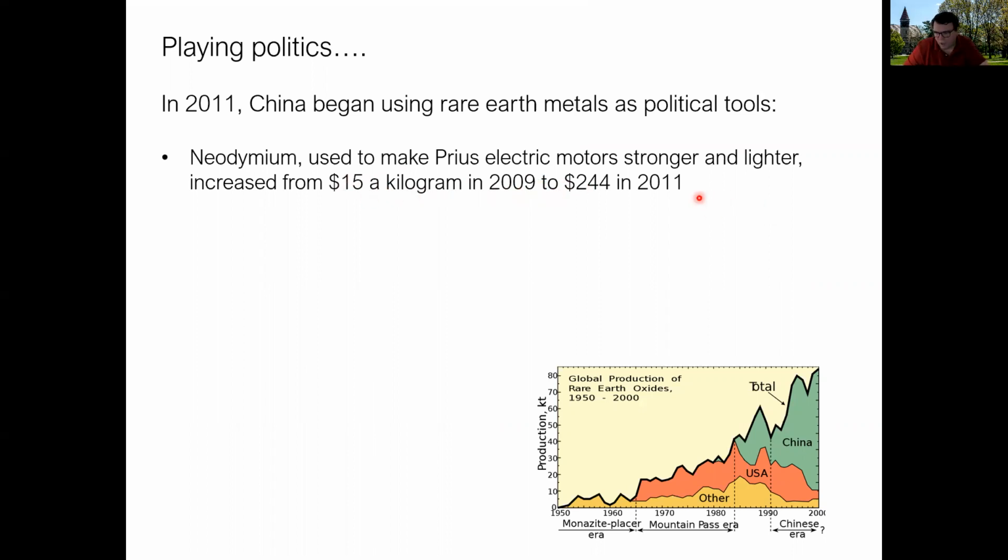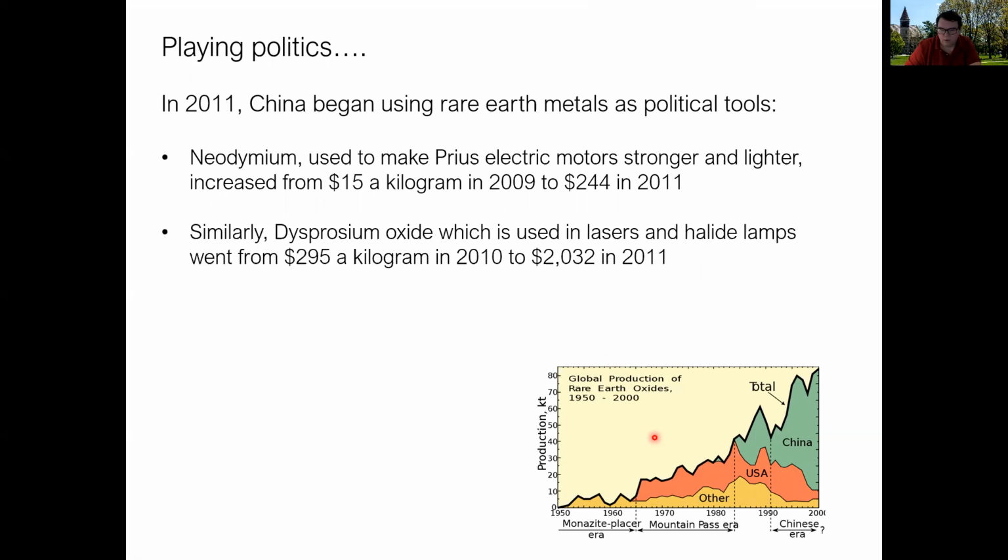And it's stayed around that range. It was bad timing for the U.S. in terms of the fact that our mines started to be exhausted. We started to stop being very relevant in rare earth element production, right as the dramatic increase in electronic uses occurred, and China was really there to take control and exploit that opportunity to their benefit.